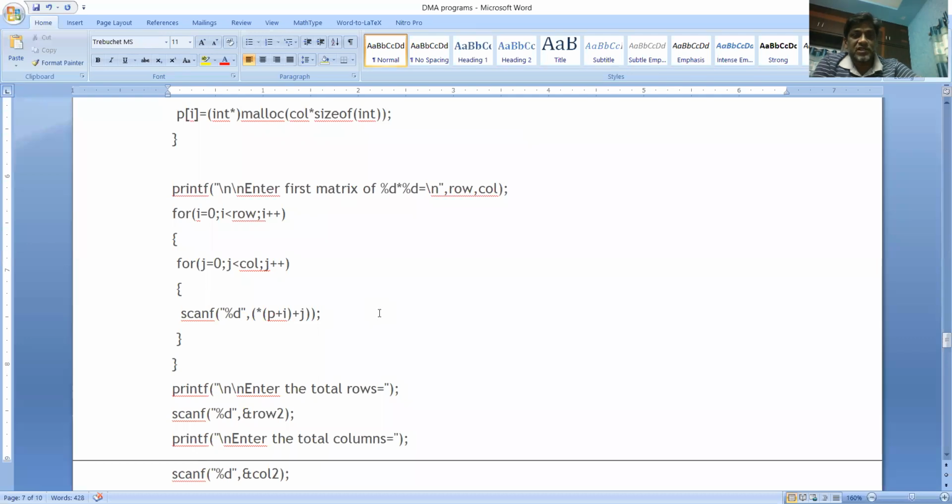So in place of this, you can write like this also. If you feel anything difficult over here, you can write ampersand p of ij here. Okay, so ampersand p of ij or star of p plus i plus j are going to be same, right? Okay, then